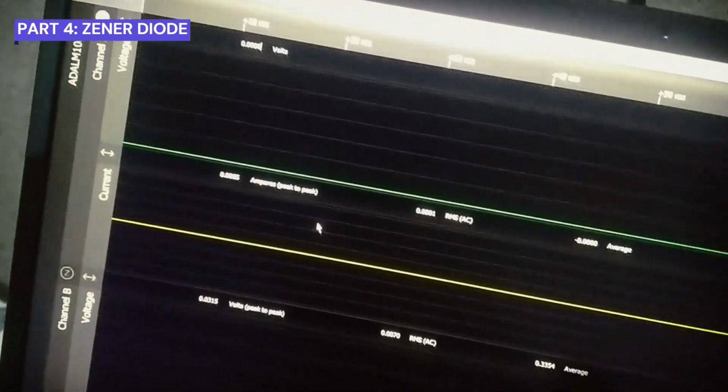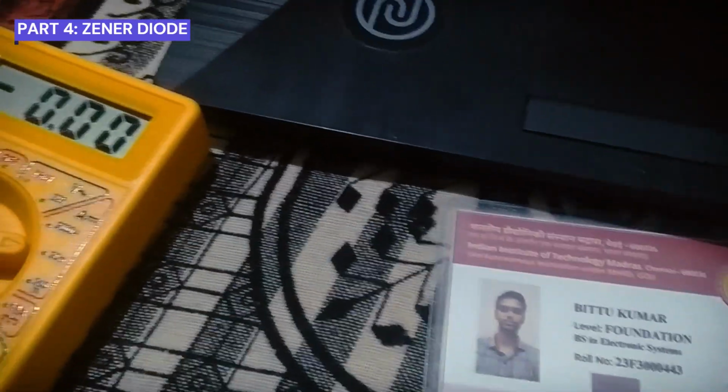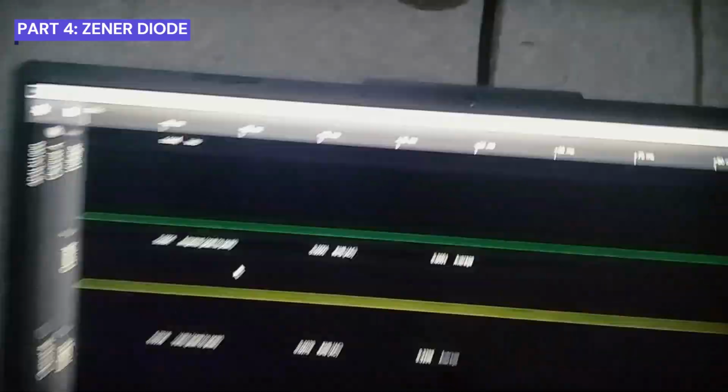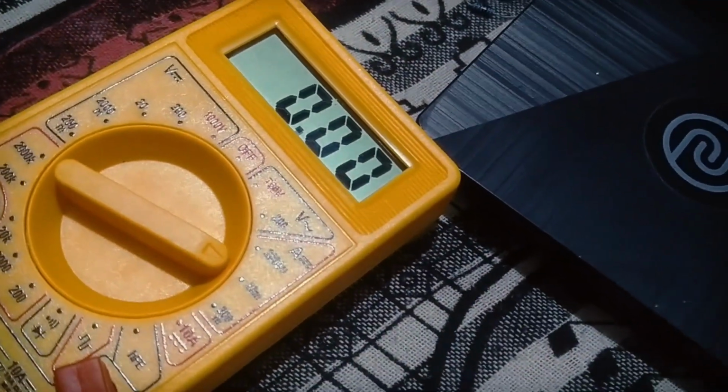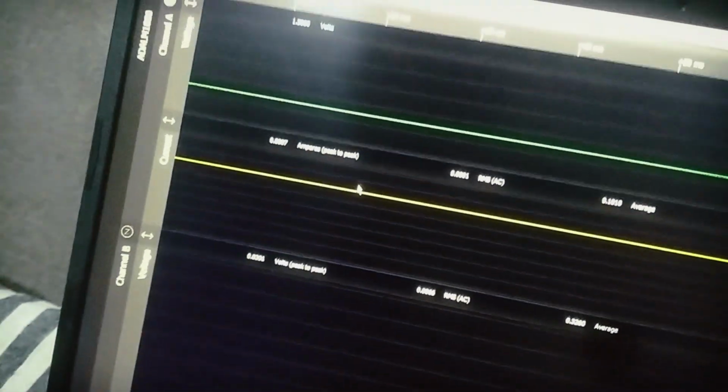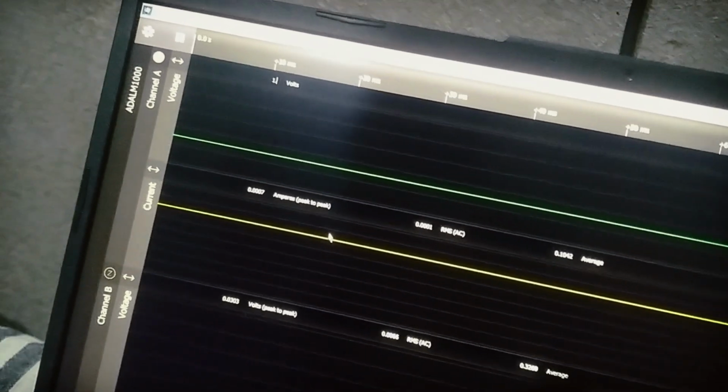So now let's get back to Pixel Pulse software and see what happens. Here if we are giving an input voltage of 0, then the current flowing through this Zener diode is also 0 ampere. When we increase this slightly to 0.5 volts, we can see there is no change, but if we change it to 1 volt, we can see a slight change, 0.02, and when we increase it to 1.5, we can see a change there also. 0.07, 0.07. As we were getting changes in the diode, we are getting